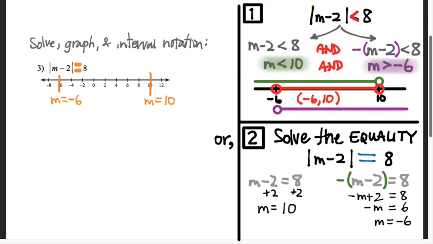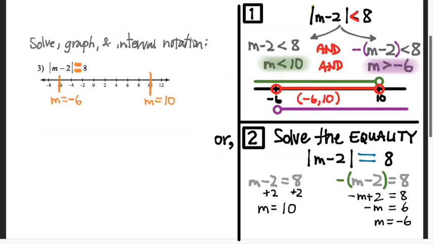That must mean, therefore, that everywhere else on the number line, the absolute value of m minus 2 is not equal to 8. From which it follows, by something that mathematicians call the law of trichotomy, that either everywhere else on the number line, this quantity is greater than 8 or less than 8. And the good news is,